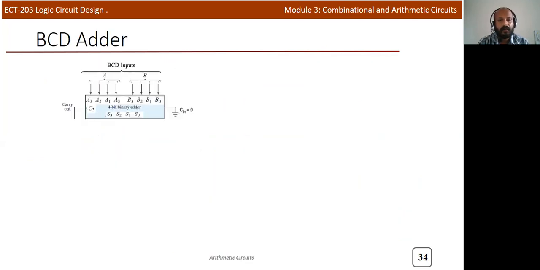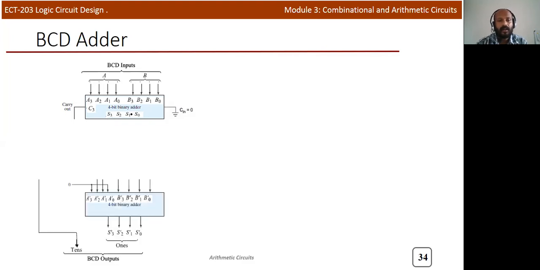This is a 4-bit parallel adder. So before watching this lecture, please watch lecture 2. It will give you an idea about what a 4-bit parallel adder is. So this is a 4-bit parallel adder circuit: A, B are the 2 inputs, C in is the carry in, C out is the carry, and the result is S3, S2, S1, S0.